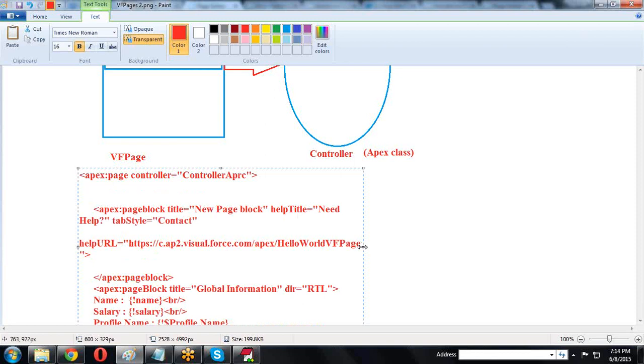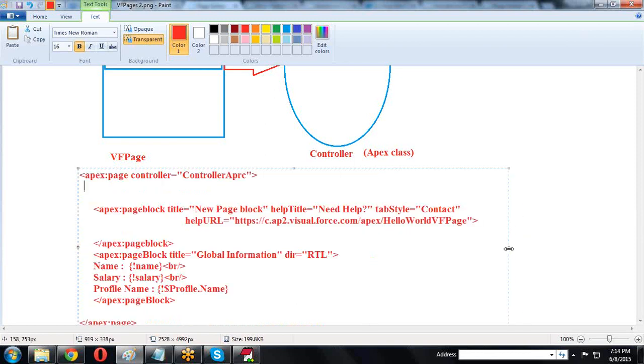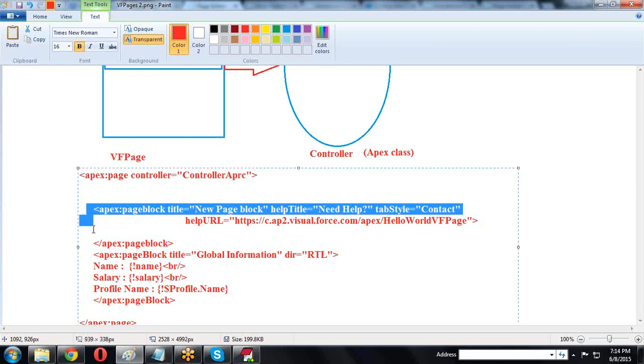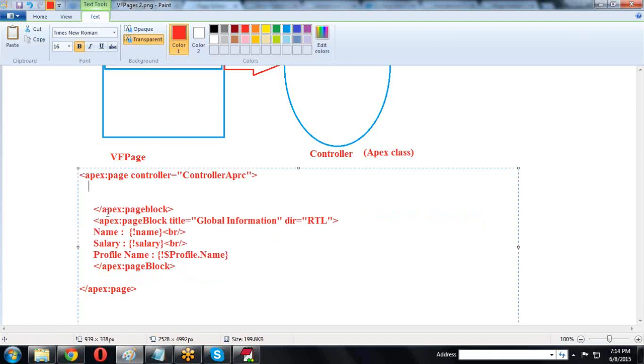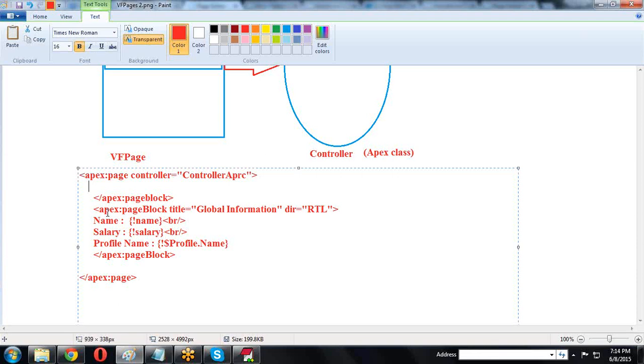Help title is also not required. Only I am using name, salary, something, profile name in the Visualforce page.